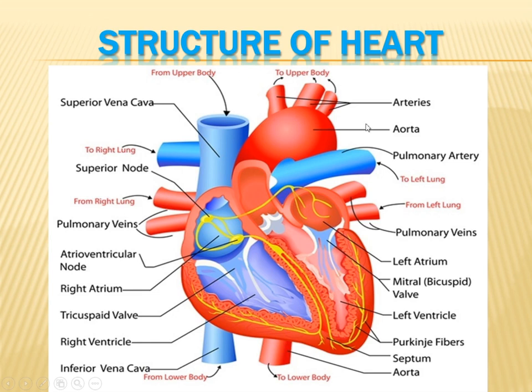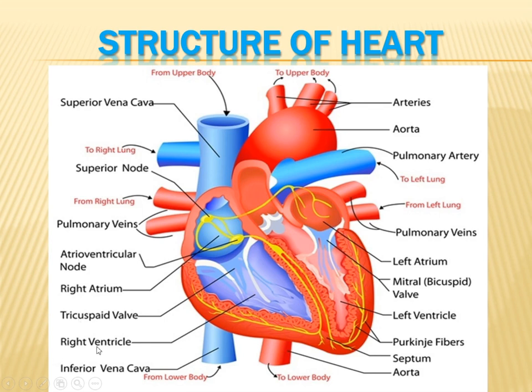Now there are different parts we need to know very carefully, because they will help for our exam purposes and are very important. Now we have from the upper body, this is the upper body. Now this is the superior vena cava. Now to the right lung. Then the superior node, these yellow structures. Now from the right lung, the pulmonary veins. These are the pulmonary veins, and this is the atrioventricular node, right atrium,